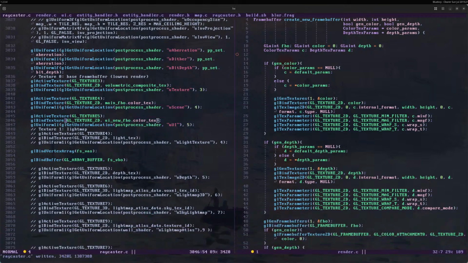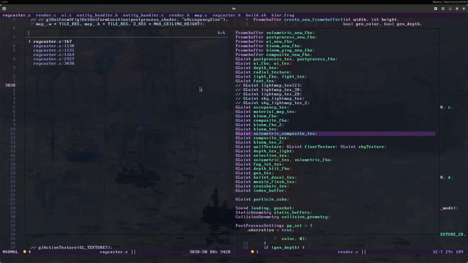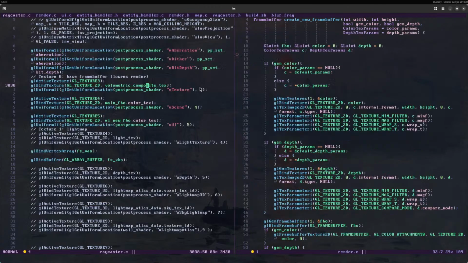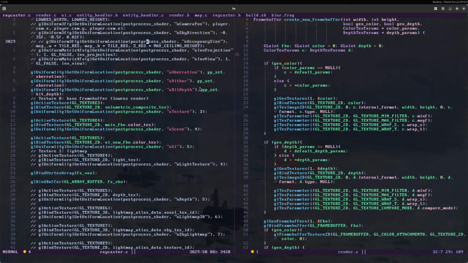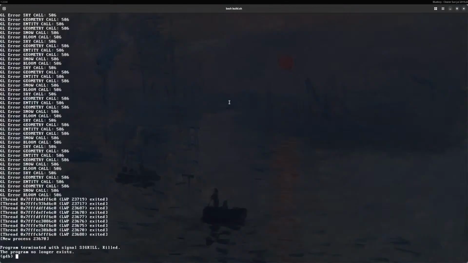Okay. Wait, volumetric composite is the one. Yeah. Okay. Yeah, it's just a typo. Bummer. Yeah, I hate when you get a bug like that where there was no reason for it to be happening. It was just you were doing a big refactor and then you forgot about like a tiny little thing and then